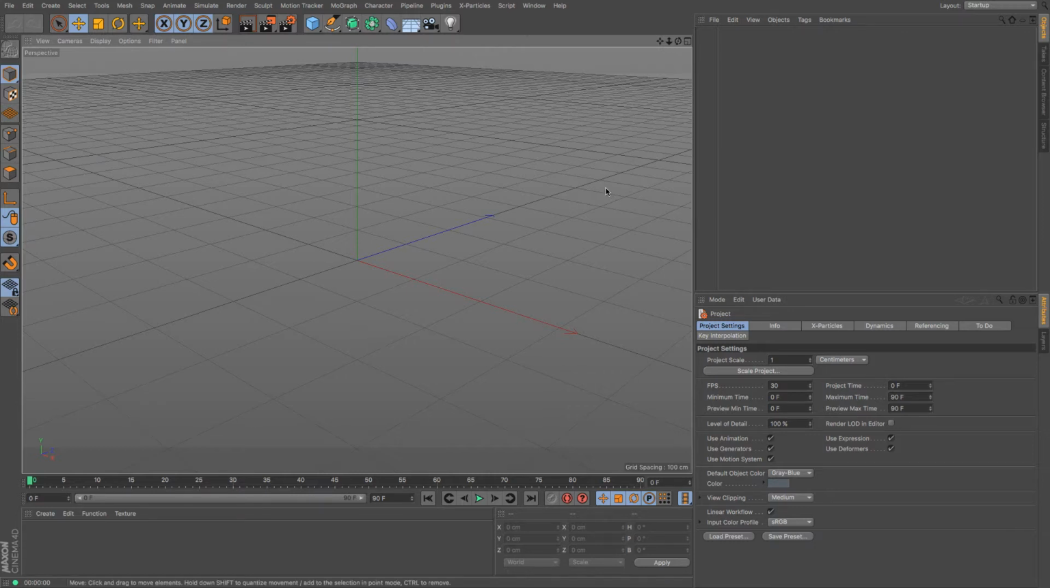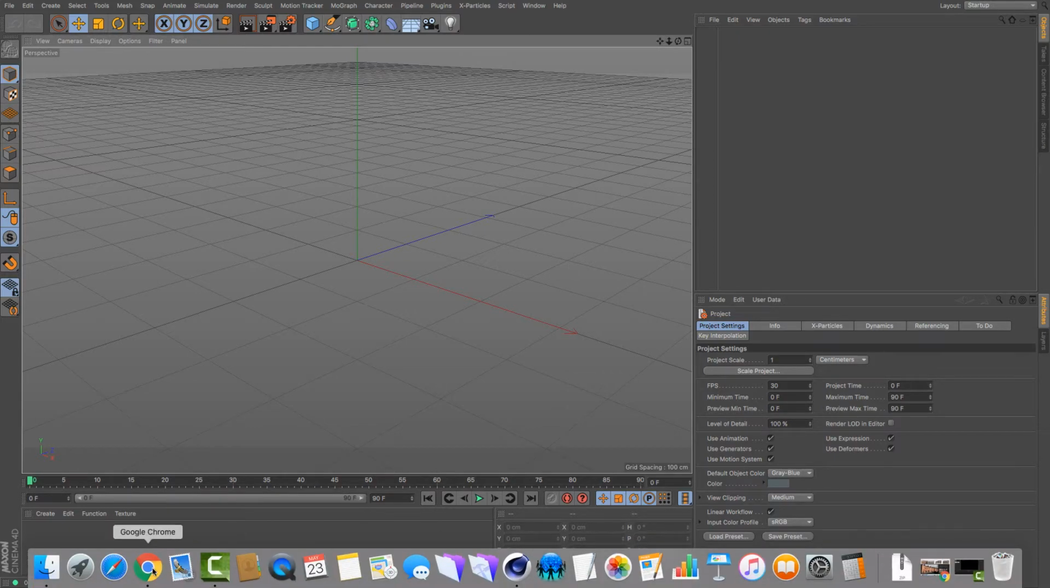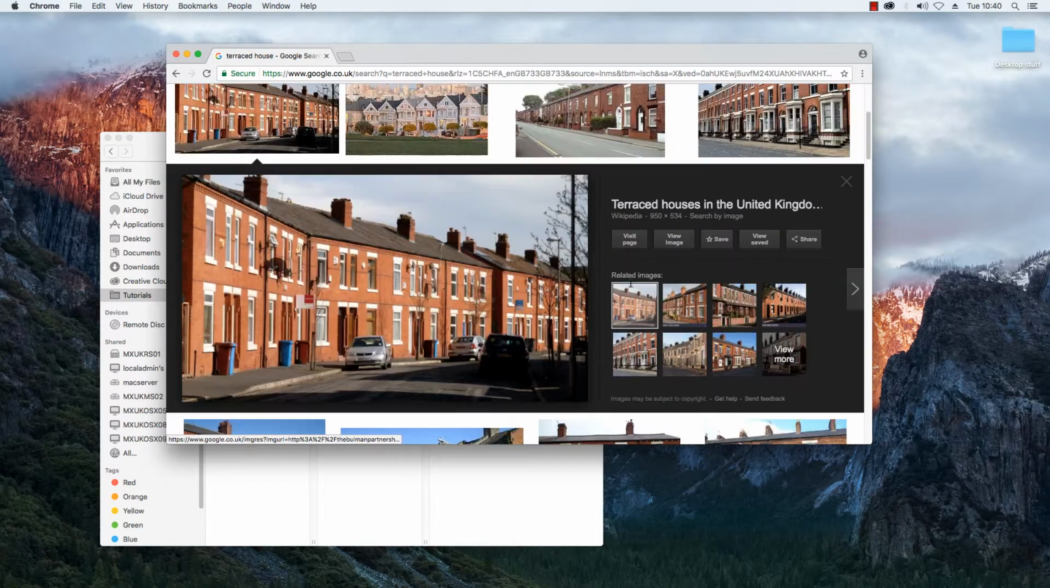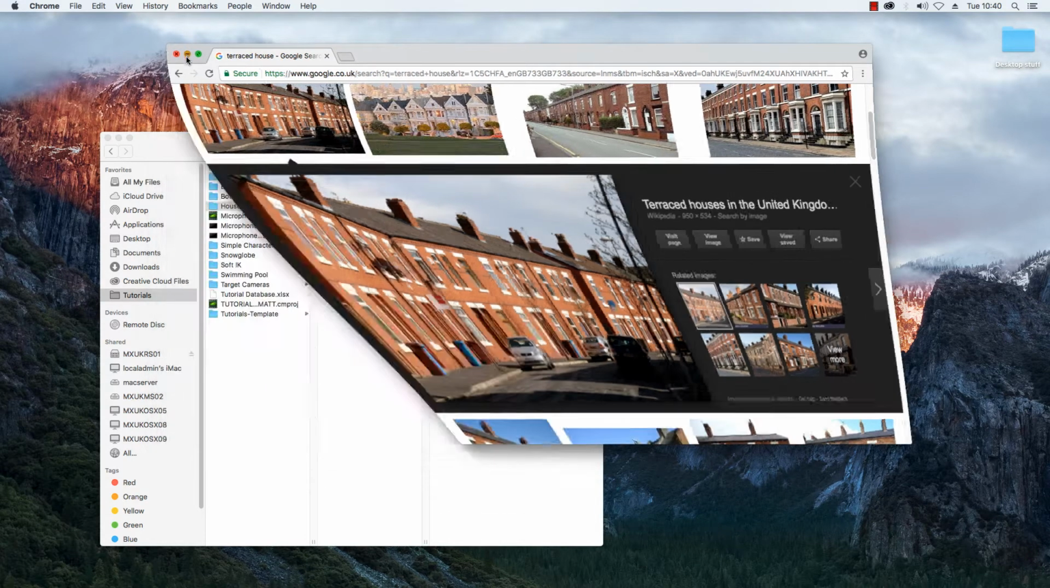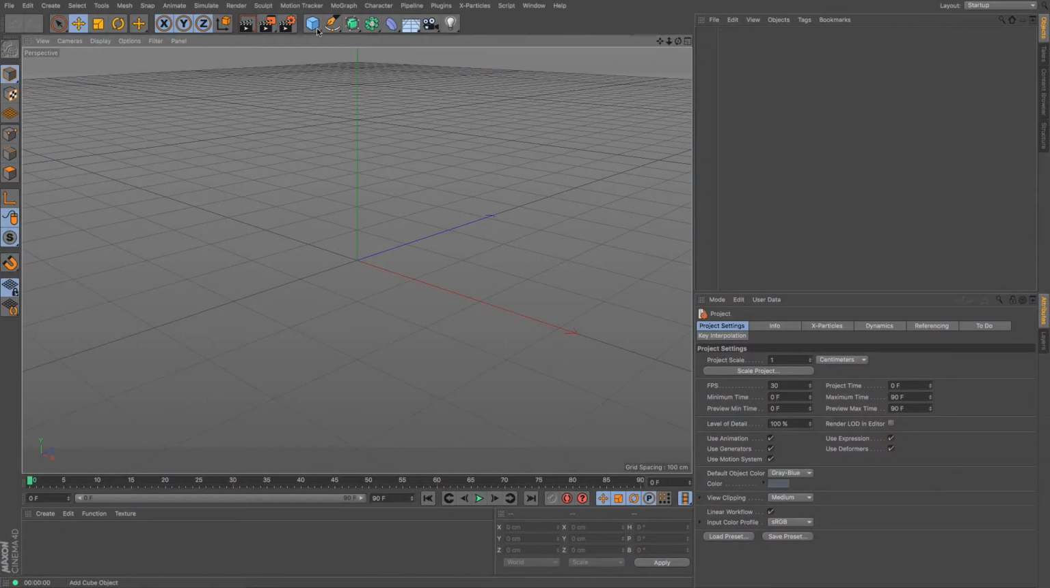Now, as I've said in other tutorials, it's a really good idea to find some form of reference material. So I've just done a quick Google search, and I'm going to be producing something very similar to this, which apparently you can find on Wikipedia quite quickly. So I'm going to load up Cinema 4D, there we go, and I'm going to start, as I did before,